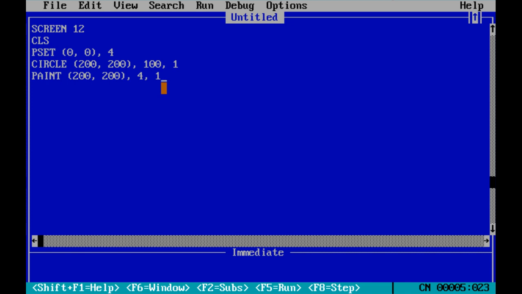Next is concentric circles. Concentric circles are very easy to use and to draw. We have to use a circle within a circle, that is a concentric circle. For this we have to use the loop command.